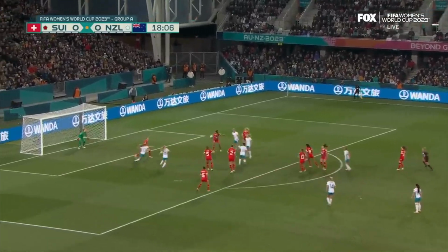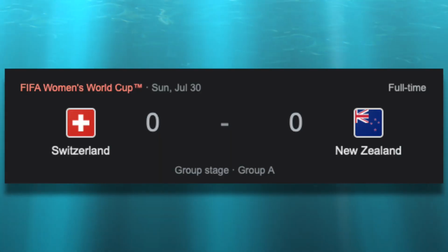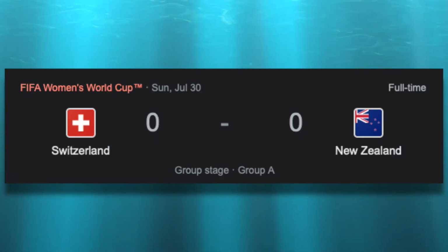Next day kicks off with New Zealand versus Switzerland. New Zealand need a win to advance, while Switzerland can just sit back and hope for a draw. The Kiwis show their urgency, but unfortunately none of their shots can land in the back of the net. And though they gave it their all, the game ends 0-0, eliminating New Zealand from the World Cup. What happened next was,